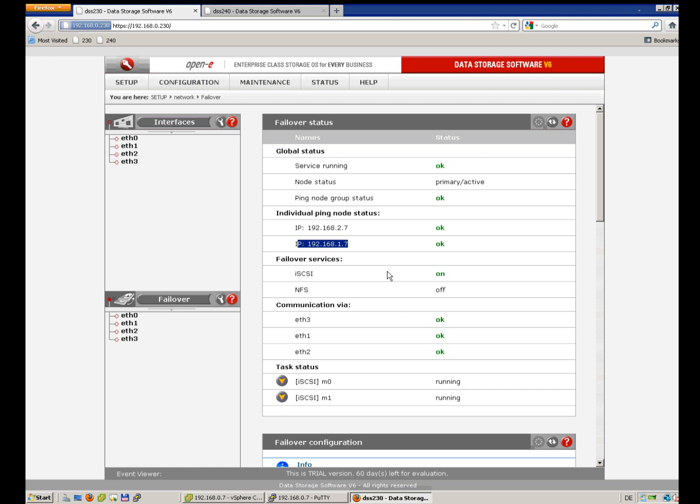So failover is already configured, up and running, and the ping nodes are in subnet 2 and in subnet 1. You see the physical IP address is in subnet 1 for the ETH1, and the physical IP address for the ETH2 is in subnet 2. Over this ETH1 and ETH2 we have the storage access. So we don't care about ETH0 and 3. We only care about these ports over which we reach the cluster,